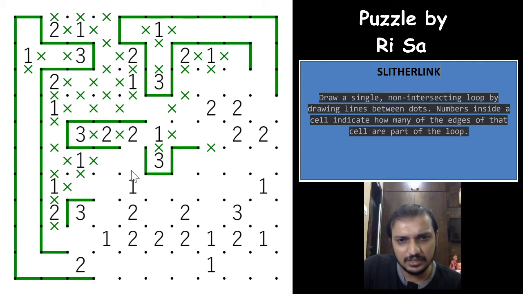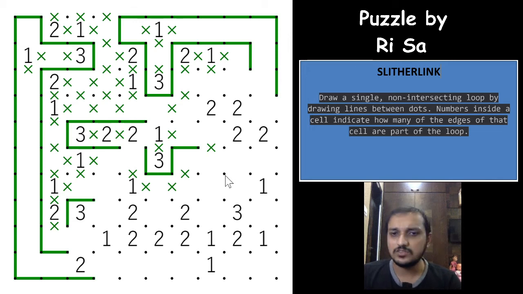And with that we get a cross here, cross here. So marking the cross is really important in a difficult puzzle. Usually in an easy puzzle I don't try to do that, but in difficult puzzles I try to do that, but I will try to minimize as much as possible, because that will consume less time. While I'm solving in a competition, I would never try to mark unnecessary crosses, because that will waste a lot of time.